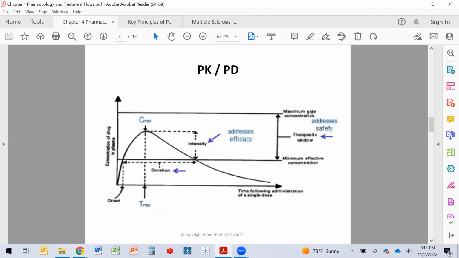On the right-hand side, you have the maximum safe concentration of the drug and the minimum effective concentration of the drug. And in between that, you have this therapeutic window as to what concentration will generate an effect of the drug. And then how long that lasts, this duration